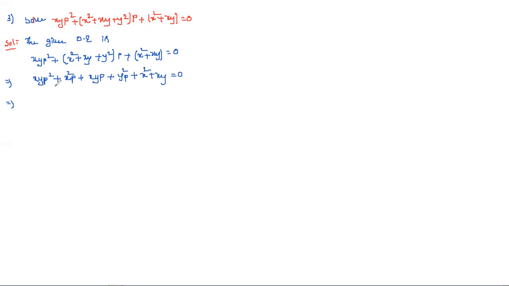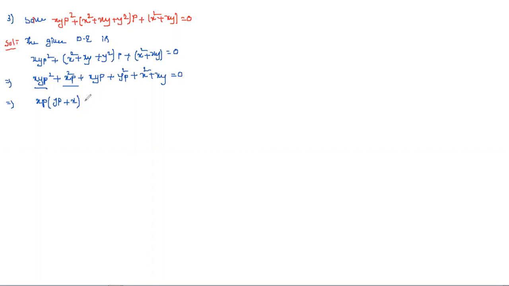In the first two terms, which one is the common one? In these two terms, xp is the common one. We can take that as common. If you take that as common, what do we get remaining? yp plus, so x into y, xy, p into p square. And next, xp we took common, and the remaining is x.